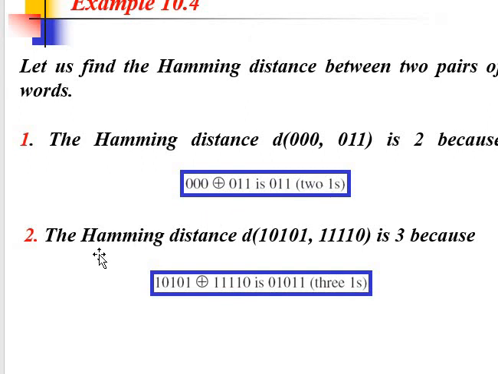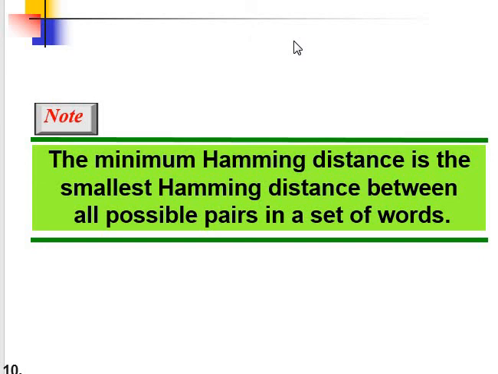We have a 5-digit example here for the Hamming distance: 10101 and 11110. Wherever there is a change between the source and destination numbers, we count it. So here there are 3 changes in this particular data. This is called the Hamming distance. In order to keep our information intact, there should be a minimum Hamming distance, meaning that the smallest possible number should be used in the set of words, so that very little Hamming distance will be available in our information and the errors will be reduced.